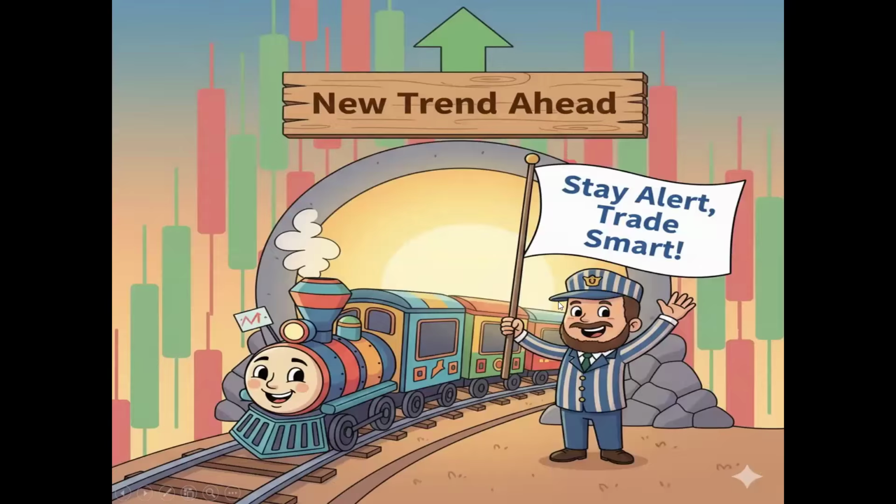So when there is a flip, when both the indicators, GANN HiLo and the pivot, are flipping between the red and black pivot, and the GANN HiLo is also flipping between blue and red, then stay alert. Trade smart. That indicates a new trend is ahead. Then I wait for the new trend to emerge. I will not jump into the trade unless the new trend starts.